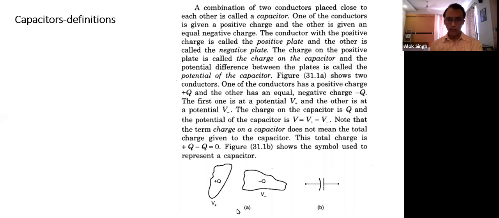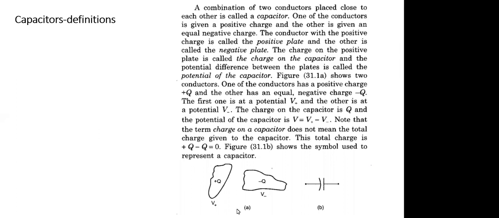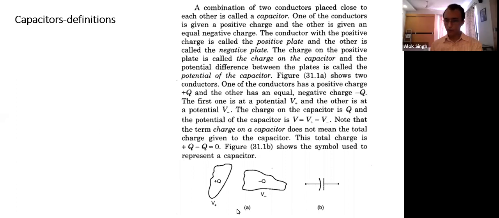And when this has positive charge and this has negative charge, naturally their potentials will not be equal. The positive plate will have positive potential, this may have negative potential. So the potential difference between them is called the potential of the capacitor. We know potential is a point function. Then we said a conductor also has a potential. Though it is a point function, why does a conductor have a potential? Every point in the conductor is at the same potential in the electrostatic state because the field in the conductor is 0. So the meaning of a conductor having potential is that every point in the conductor has the same potential as the potential of the conductor.